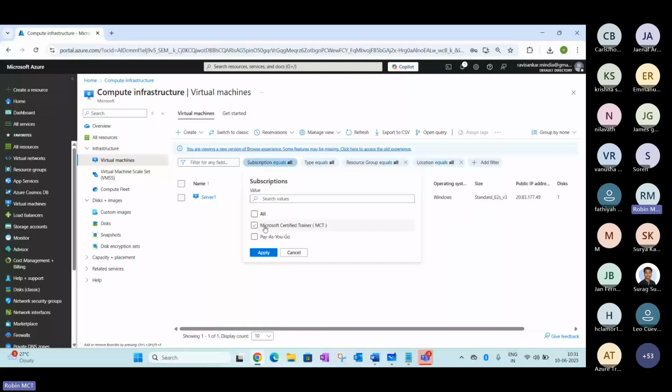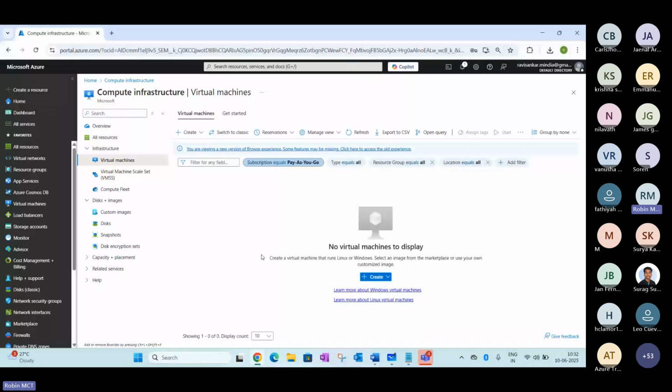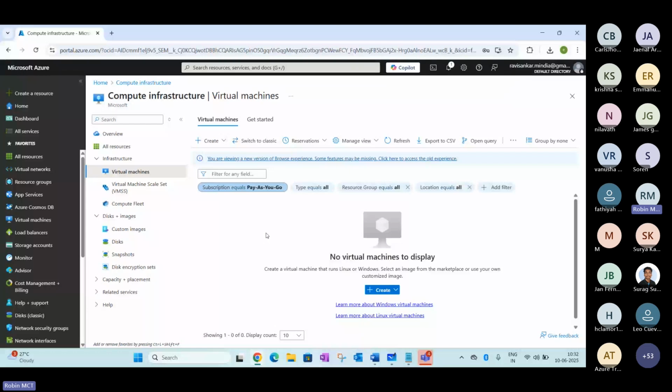If you have not selected the right subscription, you may not be able to see your VM here. For example, we have implemented one server, and one of the engineers tries to connect to the portal and does not see this VM. Are you able to see the VM right now? No, right? So rather than raising a concern or a ServiceNow ticket saying my VM is missing, what is the real reason behind this? The engineer has not selected the right subscription.